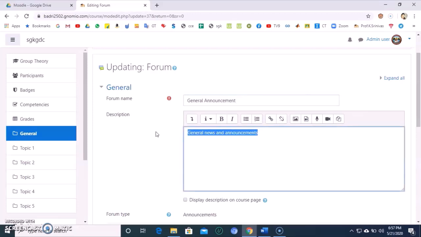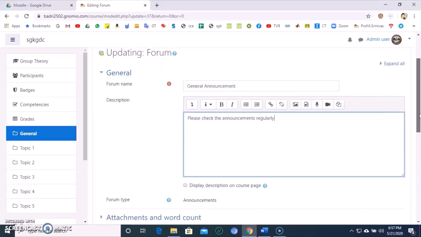What shall we give? General. Please, you can type here in the description, please check the announcements regularly. You can type whatever you want to give as the general announcement, anything.